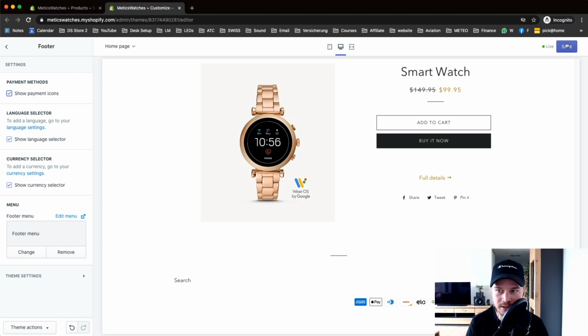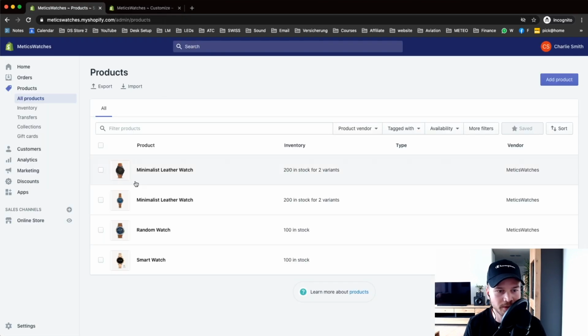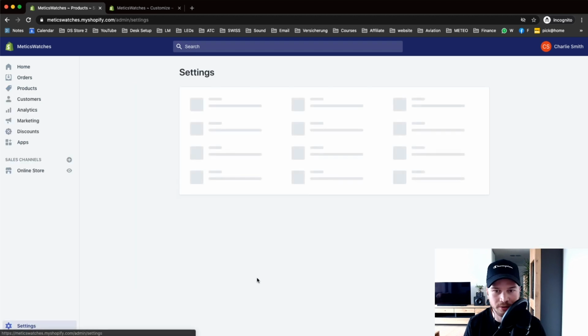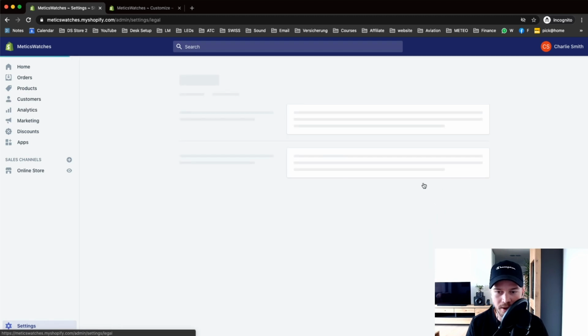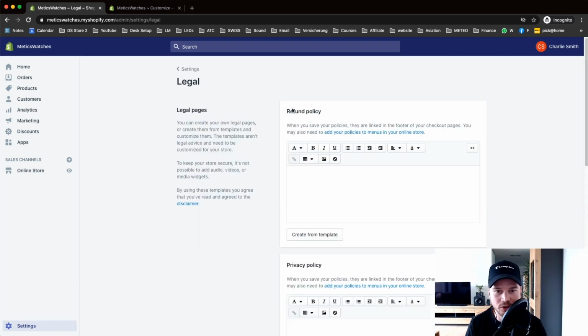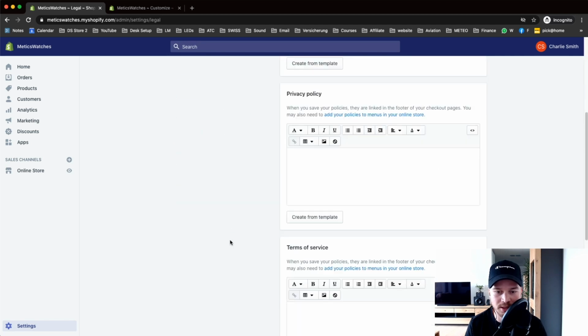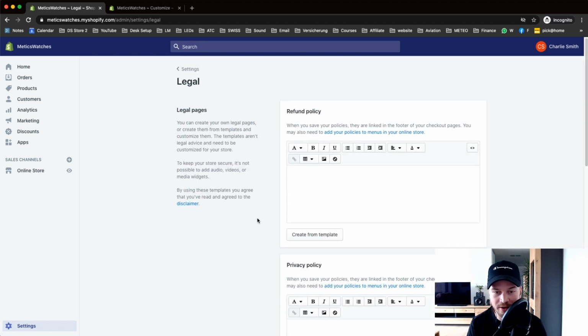So again, let's just quickly save that right now. And let's go back to the dashboard and click on settings on the bottom left right here. Then we're going to go to legal on the bottom right. And here's where we can set up all our policies, like our refund policy, privacy policy, and all of that stuff. And what's very cool with Shopify is that they already have templates for you that you can just generate